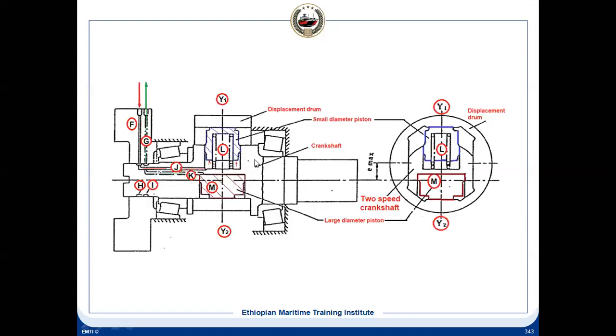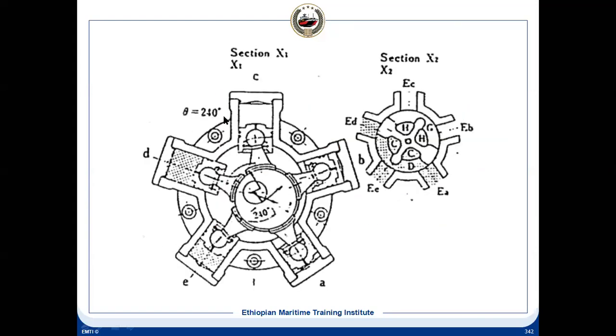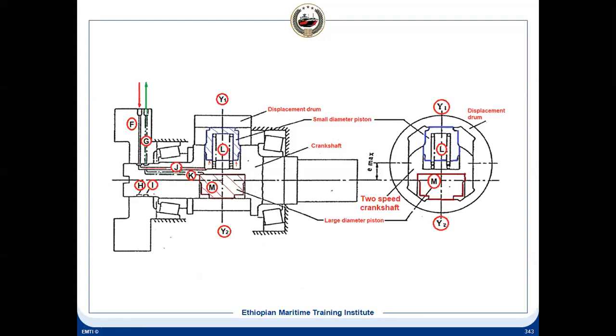So 120 degrees means the 210 degree, this will be the position. So it will keep on, when the pressure is connected, this side is connected to our return line. So this is the way it works for the windlass, and this is the mechanism by which you can change the displacement of the piston, so that we can change the stroke.